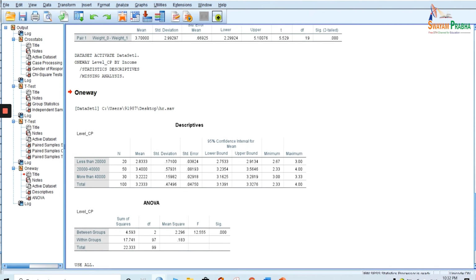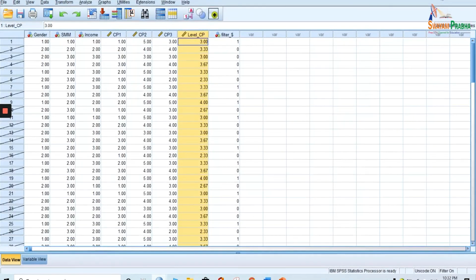Now let us see what has happened in our data set. You see it has crossed out all the female respondents. Wherever the 2 is there, that means it is a female, so it has put the cross. Now whatever analysis I perform will be performed only on males.